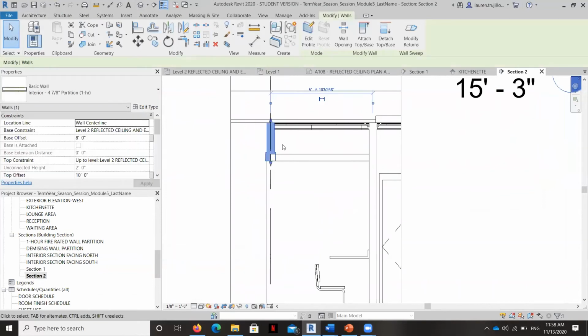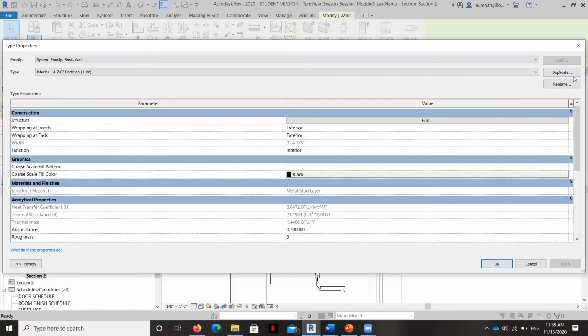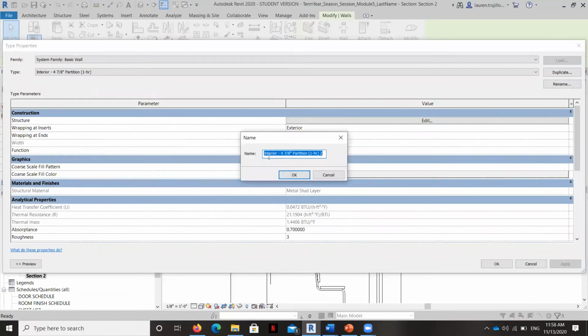So I actually have to do a different wall type completely for this because you can see it's got baseboard here. So I'm going to hit edit type. I'm going to say that this is a soffit because this is a drywall soffit.